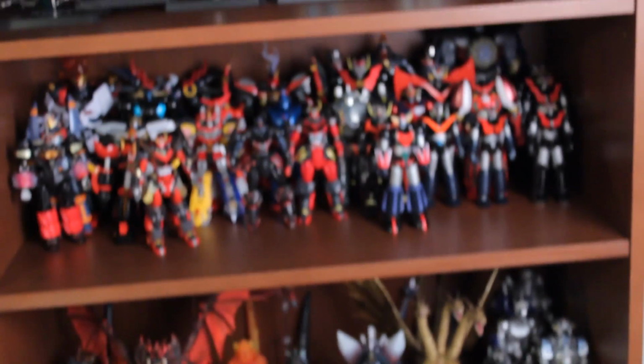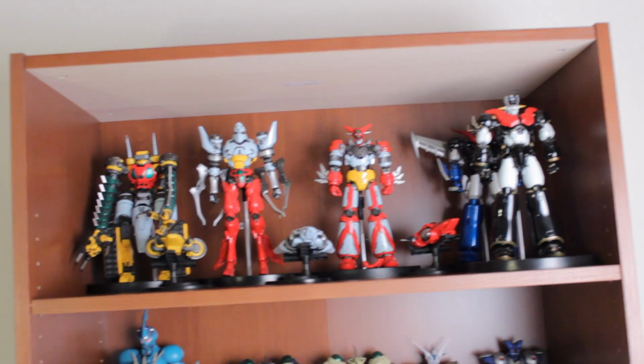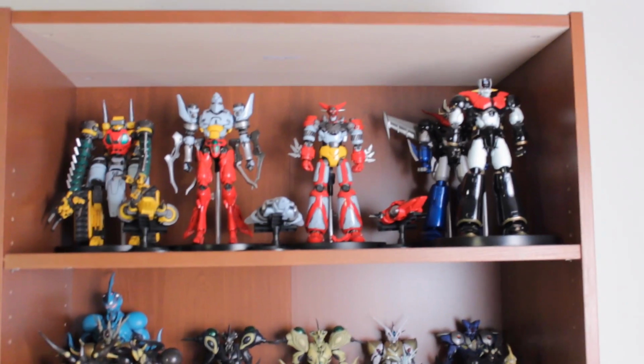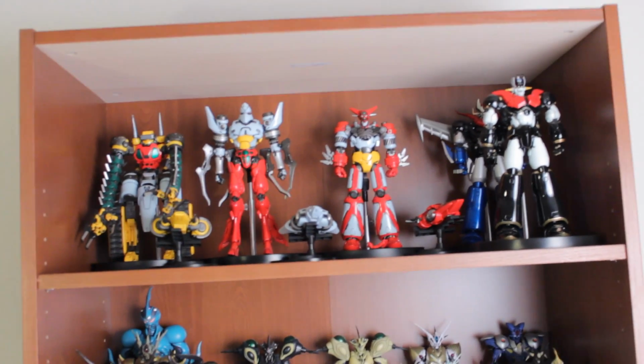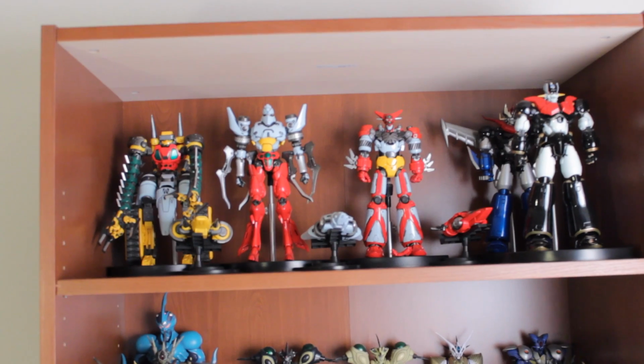So now let's take a look at my brand new bookcase as well as my entire collection. So we'll look up here. Everything looks absolutely fantastic and definitely very cool. Now first and foremost, I want to warn everyone. I am shooting this live and straight from the hip, so please bear with me. Things will constantly go in and out of focus, so I'll do my best to keep everything as clean as